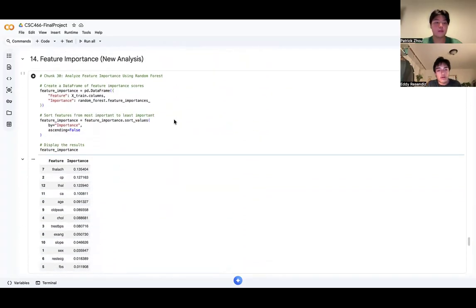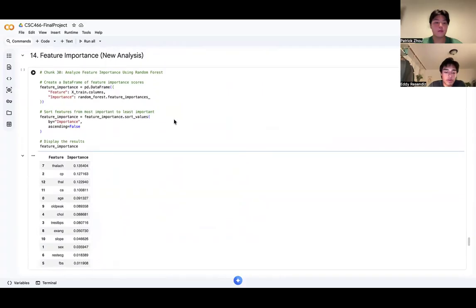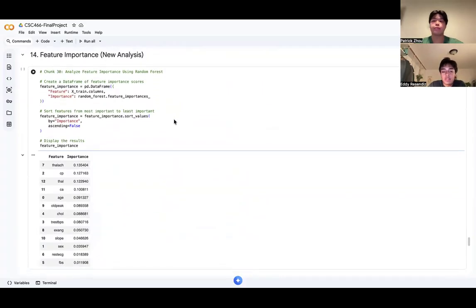And so for our next topic, feature importance, the purpose of this step was to identify which patient characteristics had the greatest influence on the random forest model's predictions. This serves as an additional KDD analysis beyond simply training models